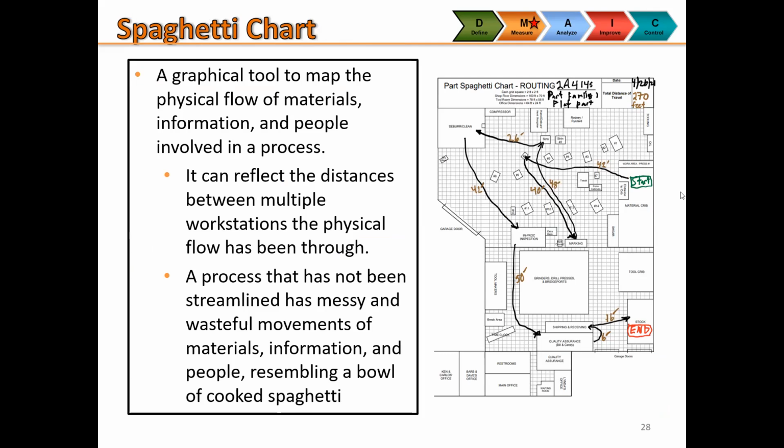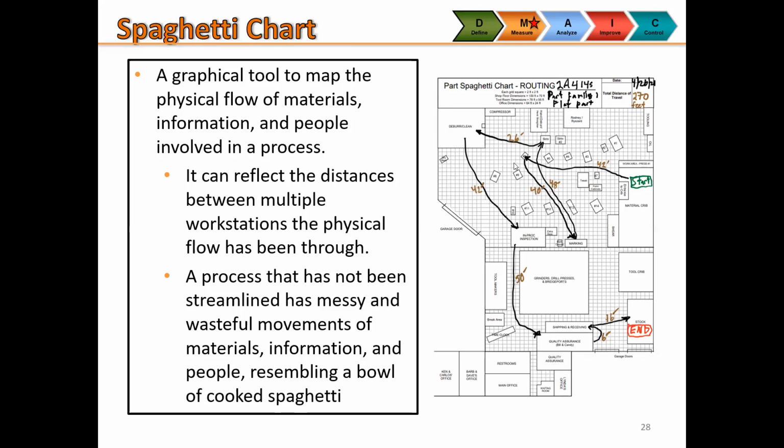So you can see the process starts here at the material crib. It goes 42 feet to a blanking machine, then it has to get marked. Then it has to move 48 feet over to another station. Then it has to go and get the burr removed. Then it goes to in-process inspection, then to quality assurance. You can see that in the end, there's 270 feet. Fairly small plant, but by having the in-process inspection moved,